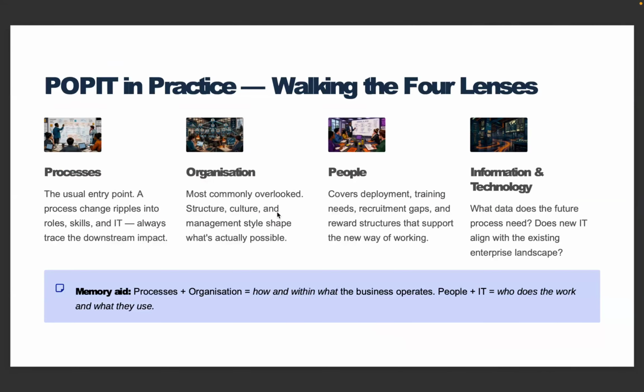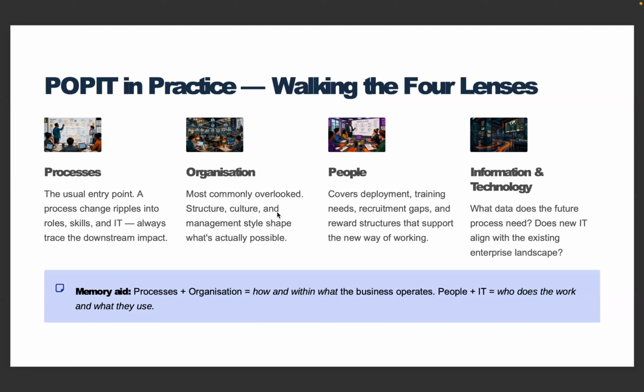Okay, now let's look at how these four areas work together. The processes, the organization, the people, the information and technology. Usually, a business analyst starts by looking at the processes because that is where many problems become visible. For example, if customers, as I said, complain about their services being slow, and then we investigate, we